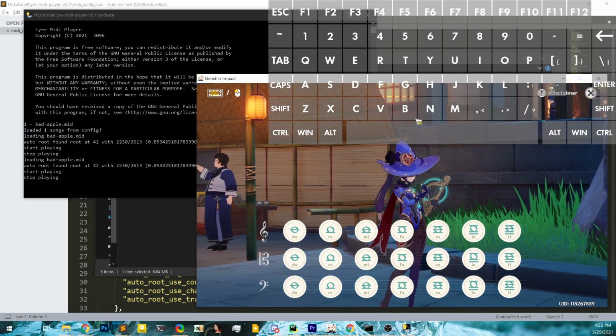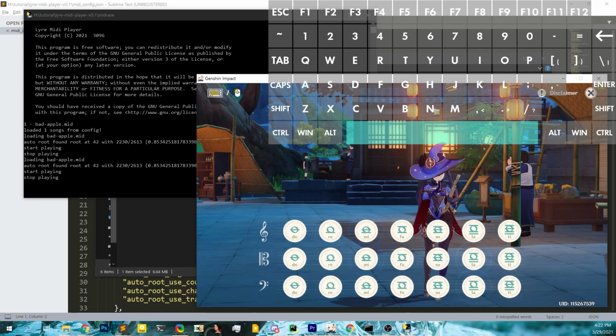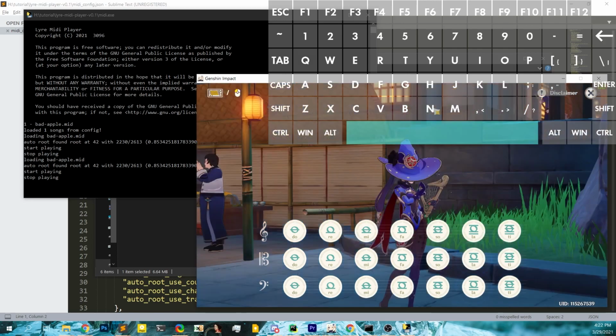And of course, you can stop playing at any point as well. The key I assigned to that is a space key, so just tap space to stop playing. Well, that was pretty much it. Pretty easy, isn't it? Although I did mention there are quite a few more configurations that you can play around